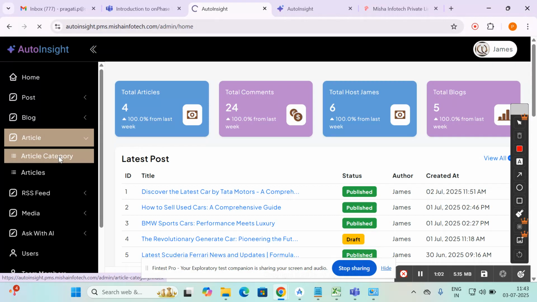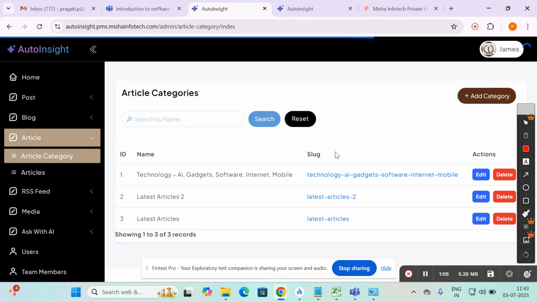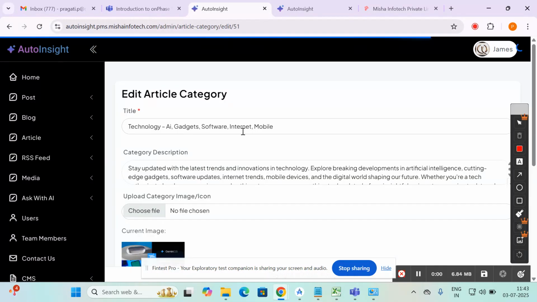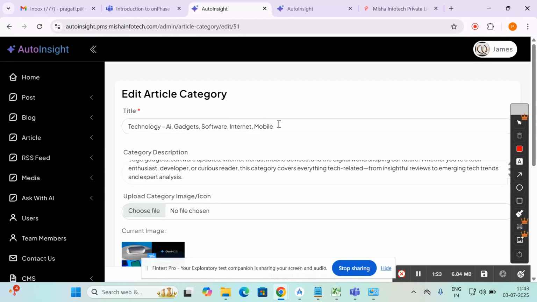On clicking article category, you can manage the article category, create new article category, search existing article category here, existing article category listed here. You can edit or delete the existing article category. Click on edit button for editing the article category.